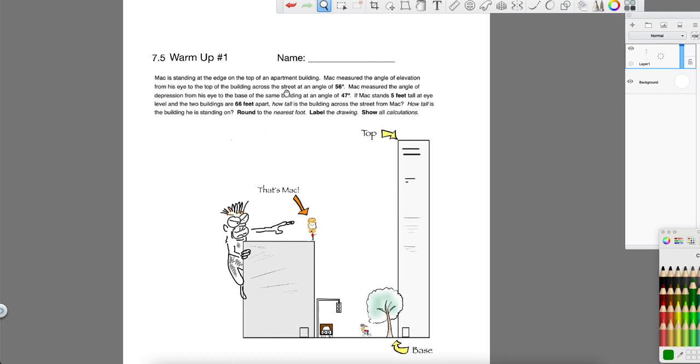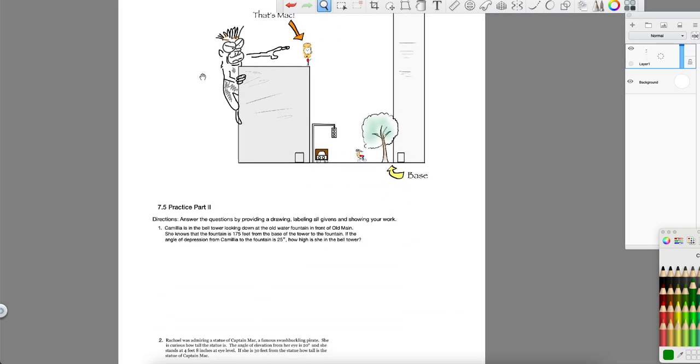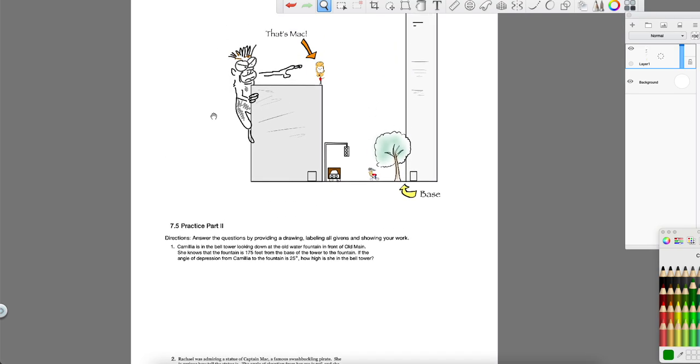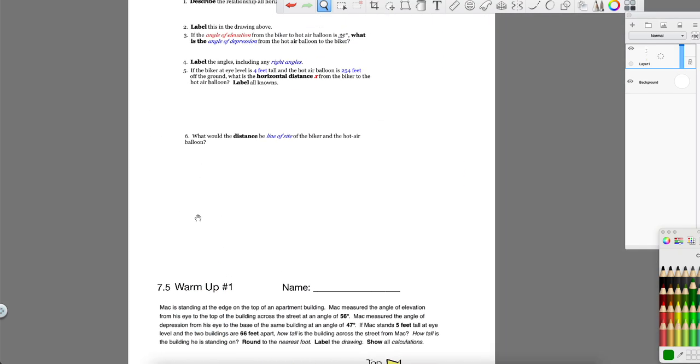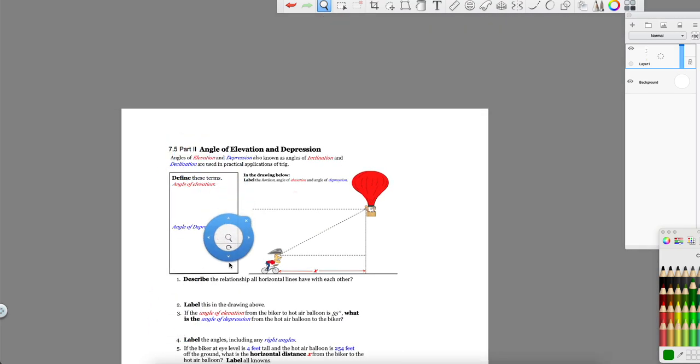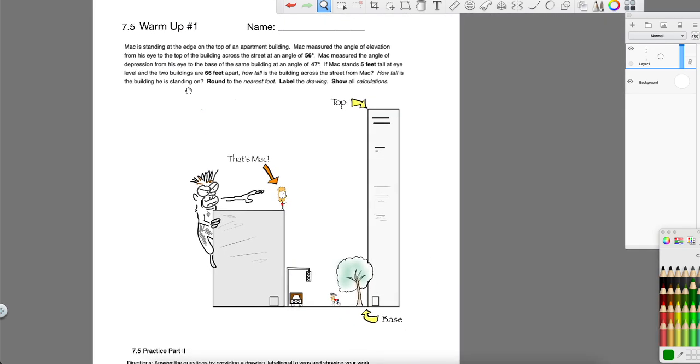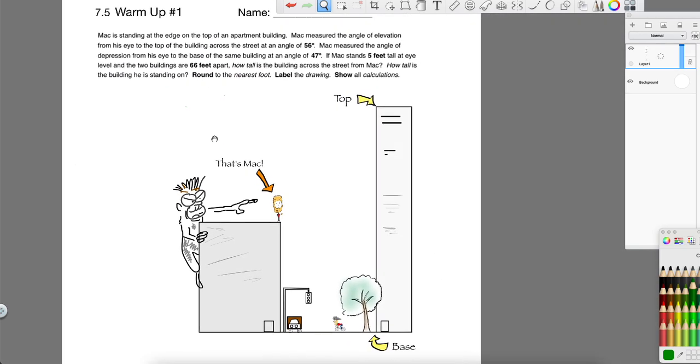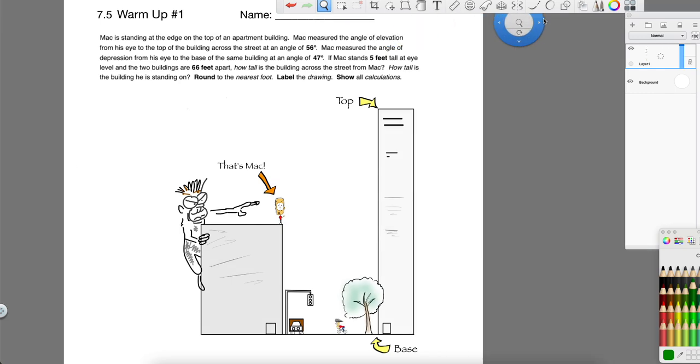Today I'm going to do this warm-up for 7.5 and go through some of the practice solutions for part 2 here, which we're discussing angle of elevation and depression. Okay, so we've got Mack standing at the edge on the top of an apartment building. Mack measures the angle of elevation from his eye to the top of the building to be an angle of 56 degrees. Okay, so he is looking